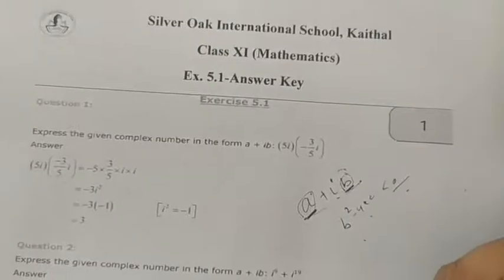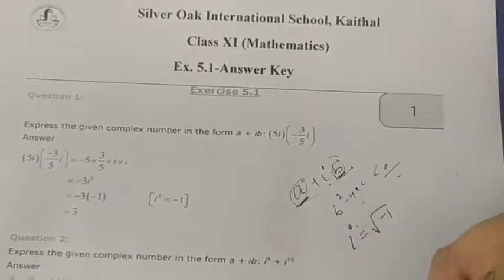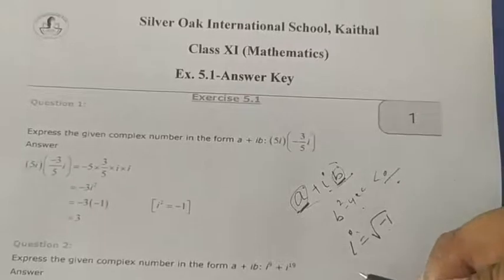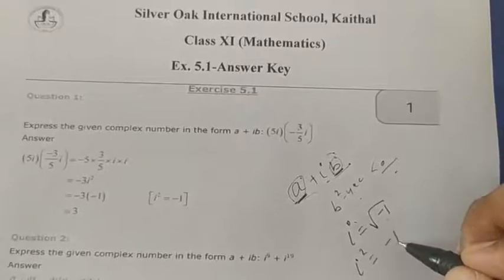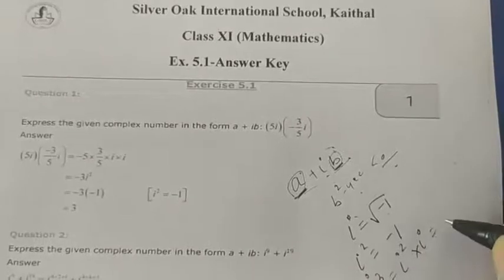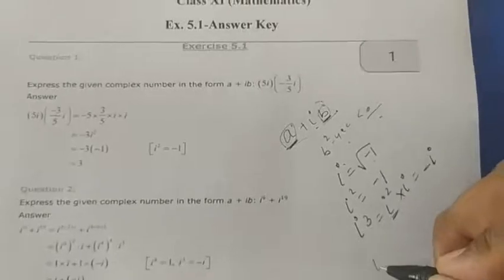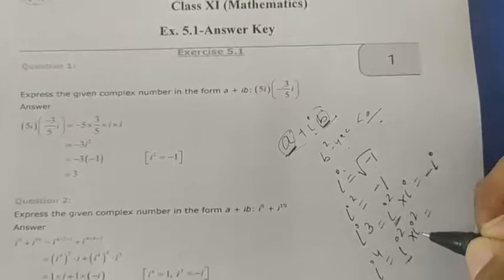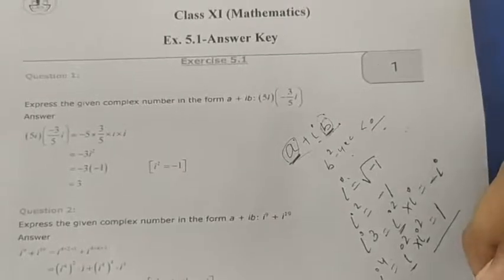Right, now how will we find iota? Iota is equal to the square root of -1. Iota's value is under root of -1. If a minus comes under the root, then iota will be there. That will be the imaginary part. Iota square is (root of -1) squared, which is -1. Iota cube is iota square into iota, that is -1 times iota, so it will be -iota. Iota power 4 is iota square into iota square. Iota square is -1, iota square again -1, -1 into -1 will be +1. So you may find the other values.